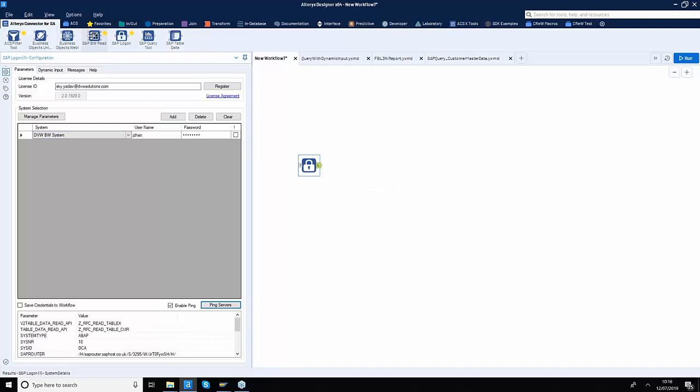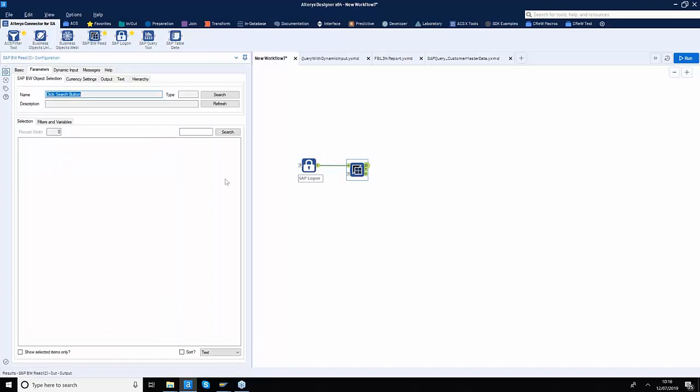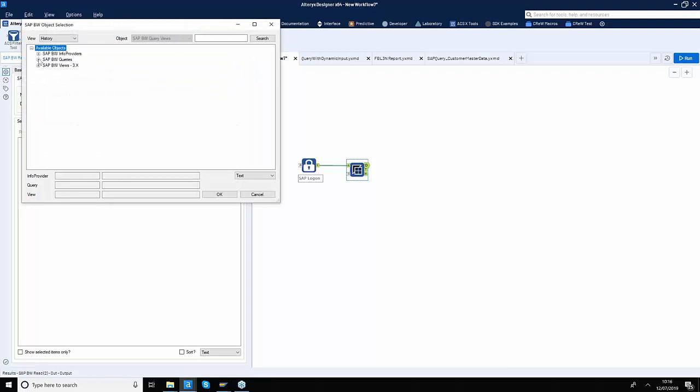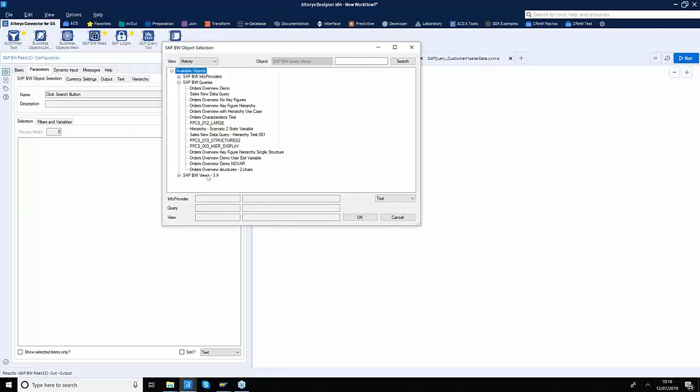I now need to drag and drop the BW read tool onto the canvas. So we will first connect to the BW system. We'll show you how to get data from a BW query or an info provider, and then we'll focus on some of the advanced options within Alteryx, how to publish the data to Tableau or Power BI, and so on and so forth. I will click on the search button first to search for a BW query. As you can see here, this is my history. These are some of the objects that I have been working with. These are your BEx queries, or BW queries, but this is all about the BI BW system. This is not the ECC system.